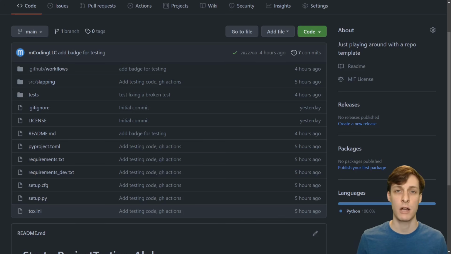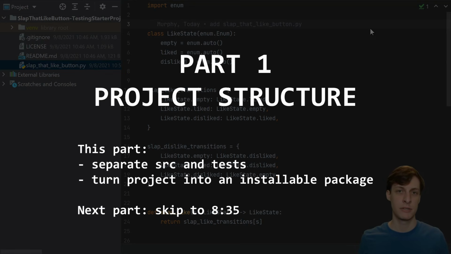I'm also not going to talk about how to generate downloadable artifacts like coverage reports, and I'm not going to talk about more complicated builds like if you're building a C extension. I just want to focus on testing alone because I think that once you go from no automation to adding automated tests, that's sort of the biggest leap that you have to make. Okay, with that in mind, let's just dive into it.